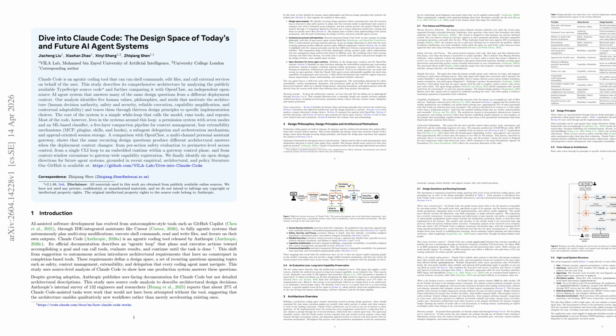Its central finding is that Claude Code is architecturally a thin React-style while loop around the Claude model, with roughly 1.6% of the codebase devoted to decision logic and about 98.4% to deterministic harness infrastructure. The model reasons, but the harness executes, filters, compacts, persists, and recovers. That harness is organized around 5 values: human decision authority, safety, security, privacy, reliable execution, capability amplification, and contextual adaptability,